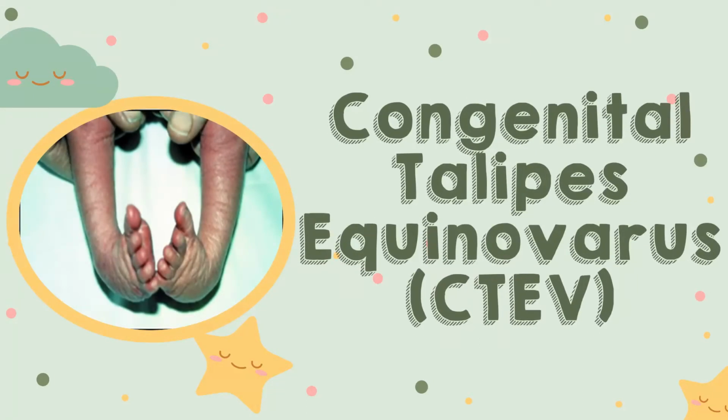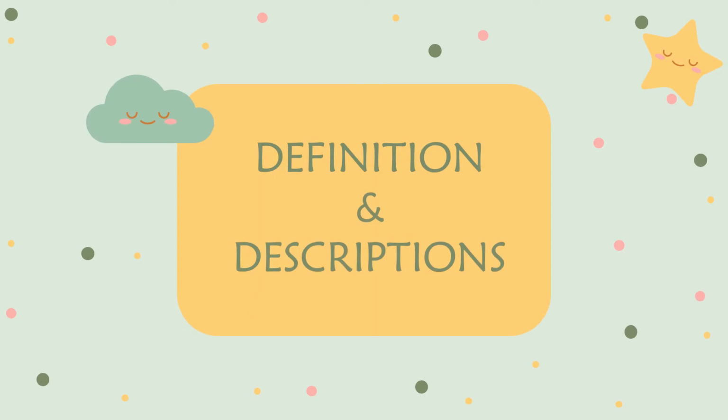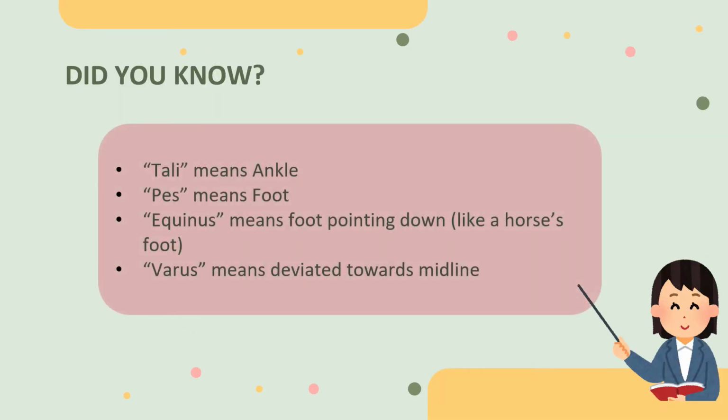Ever heard about congenital Talipes Equinovarus, CTEV? If not, let us explain more about it. Did you know Talipes Equinovarus comes from the following? Tali means ankle, pes means foot, equinus means foot pointing down like a horse foot, and varus means deviated towards